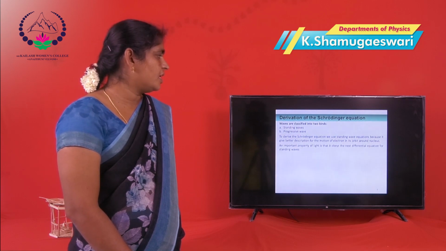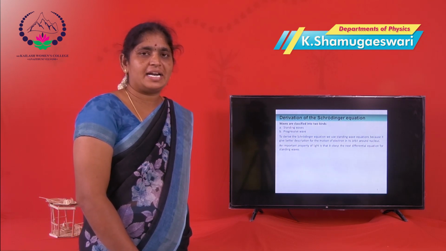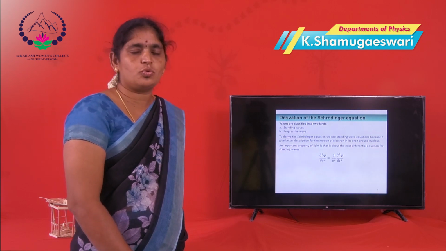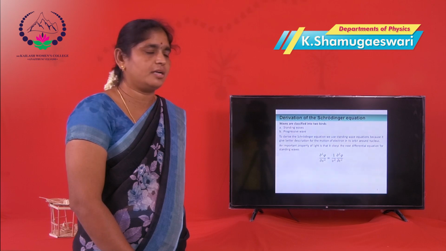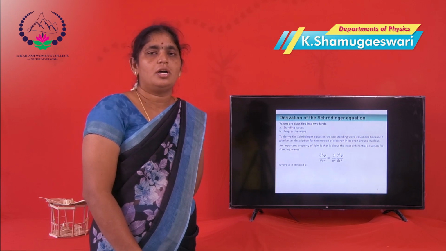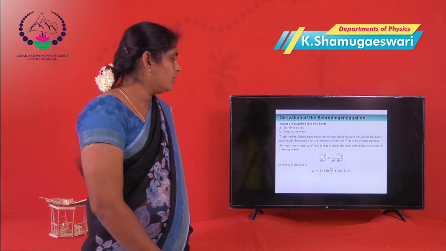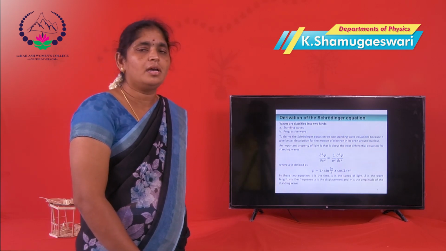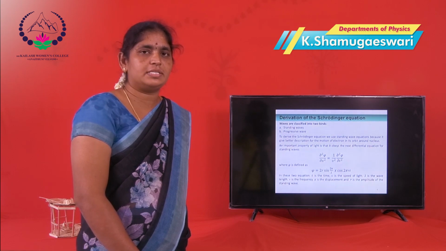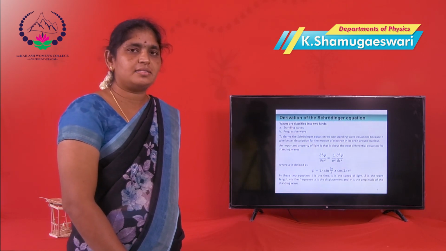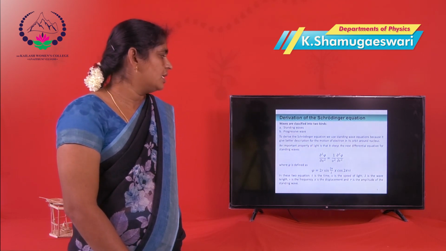To derive the Schrodinger equation, we use standing waves to describe the wave function. The important property of light is that it obeys the wave function. Now we get the equation: dou square psi by dou x square is equal to dou square psi by dou t square. Then, discussing the wave function in three dimensions: dou square psi by dou x square plus dou square psi by dou y square plus dou square psi by dou z square is equal to dou square psi by dou t square. Where psi is defined as the wave function,